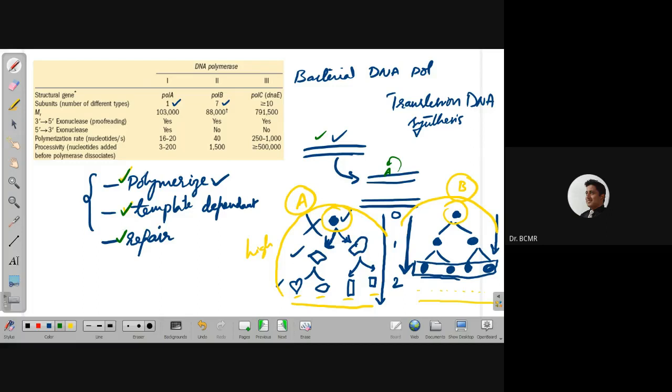So we have three DNA polymerases, poly A, B, and C. I want you to notice that polymerization is always 5' to 3', and there you have two different exonuclease activities. One is 3' to 5' exonuclease activity. That is, if a DNA molecule